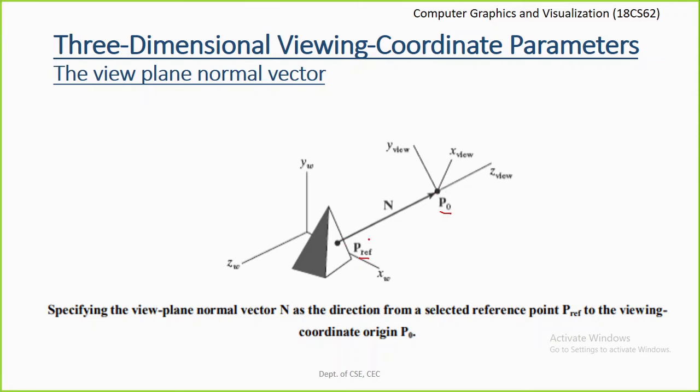This is one more way in which we can specify the direction for the view plane normal vector.